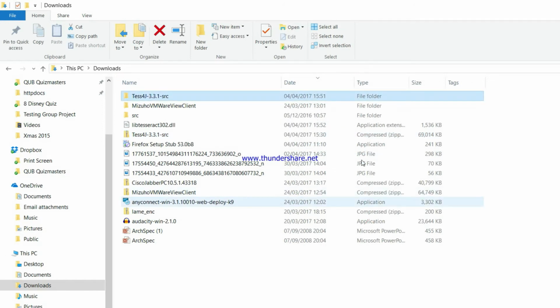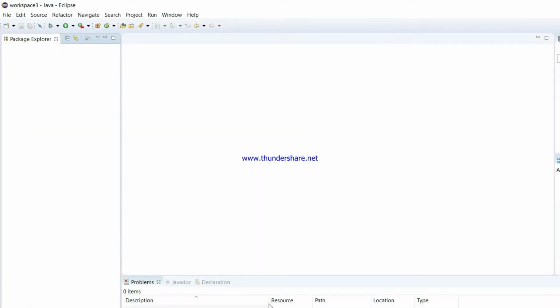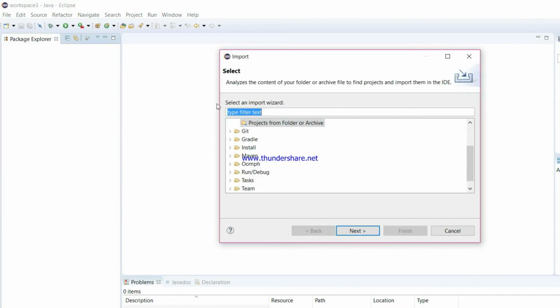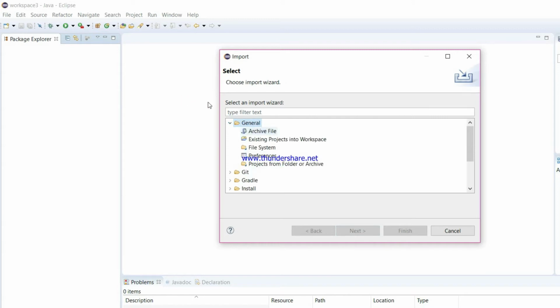Okay, so what you're going to want to do next is go into your Eclipse. So here's just a nice brand spanking clean Eclipse. Okay, so you're going to want to import the project. You will get this list, click on General, and you want to import a project from folder or archive. So if you click Next,